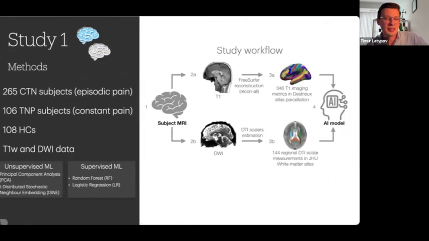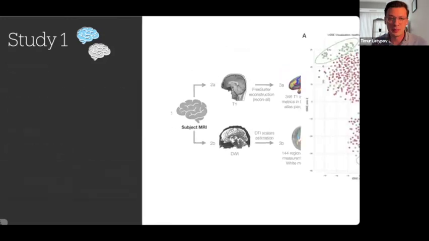So to do that, we collected the data, which consists of classical TN subjects, which represents the episodic electric shock-like pain. Second group was trigeminal neuropathic pain, which is essentially the umbrella group who is experiencing the constant facial pain nonstop, and then healthy controls. So we analyzed them using a combination of unsupervised and supervised learning methods. Just a little bit about that.